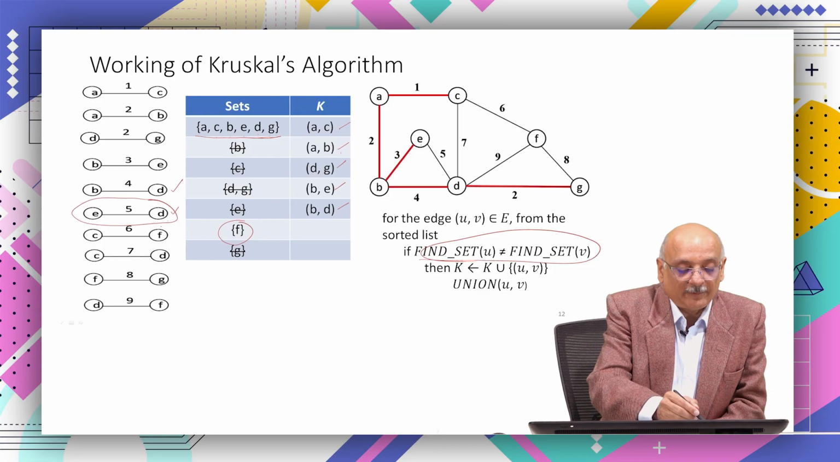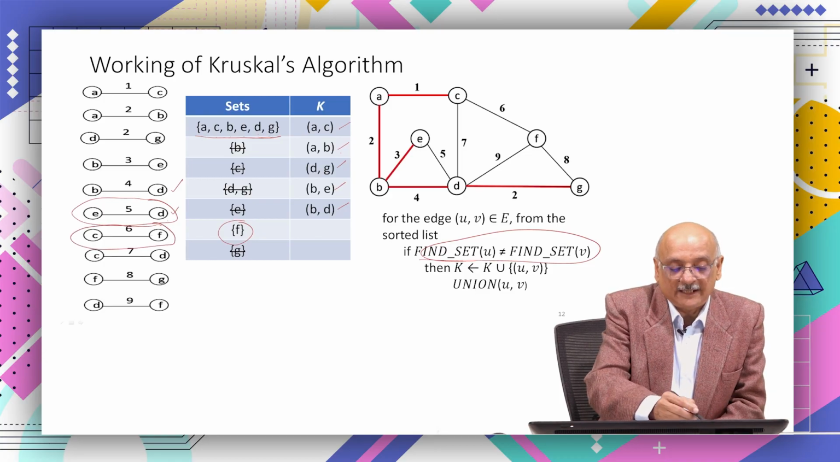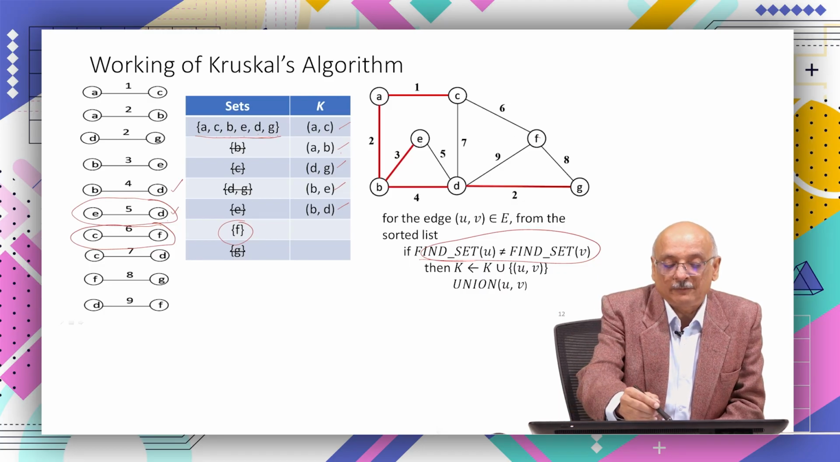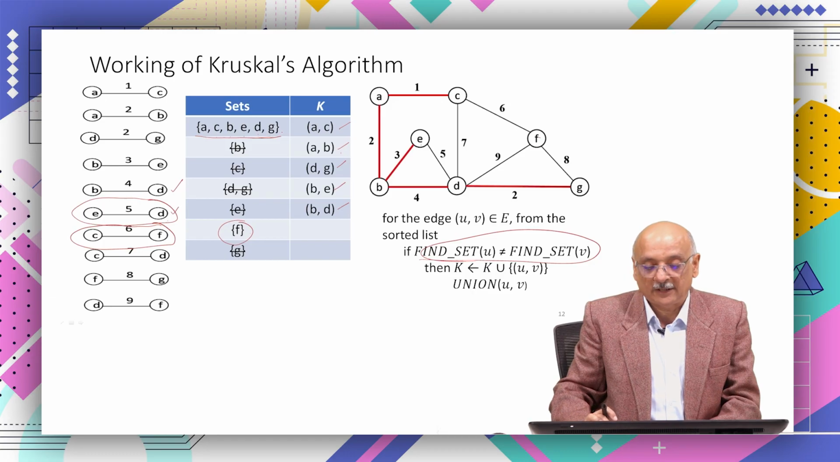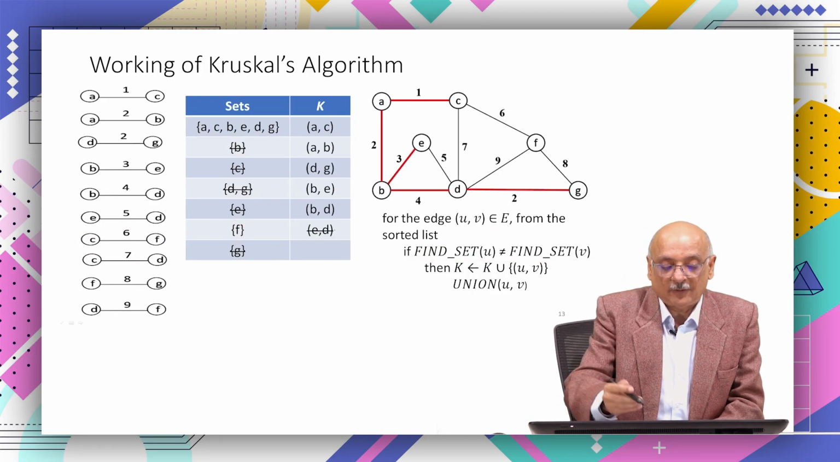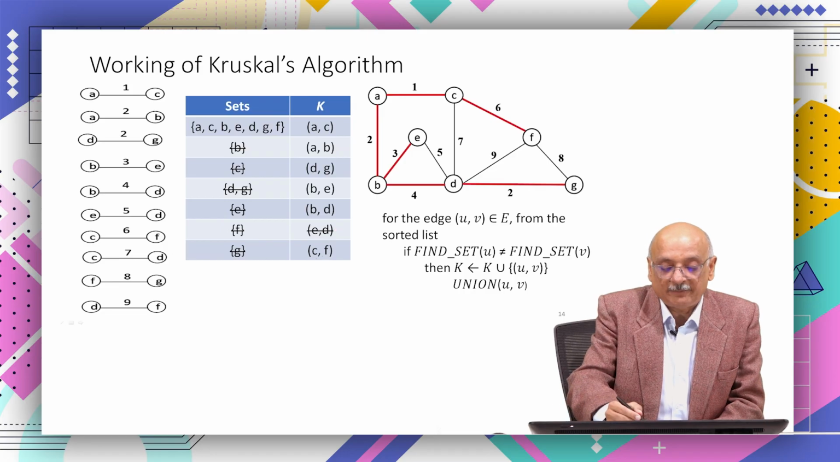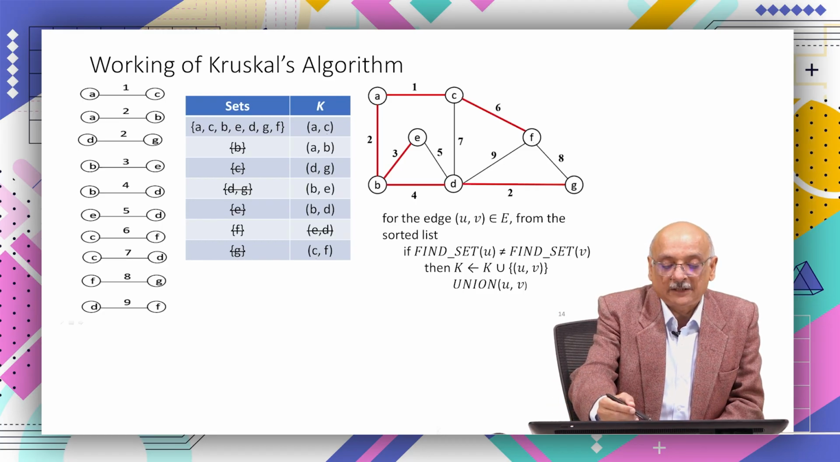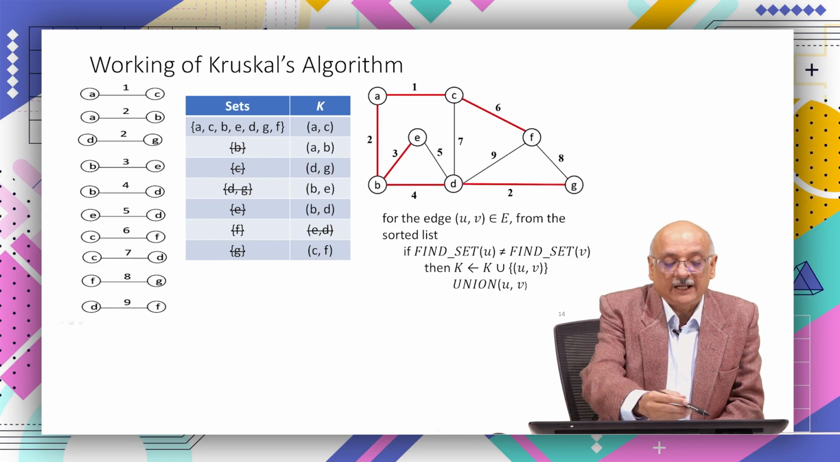Then the final CF edge will be taken up. Now, this CF edge is basically this particular edge. F is not part of this particular set, F is separate. ED was not needed, because ED was falling in the same set. Now, CF will be added. So, CF has been added, and if we see, we had 7 nodes,